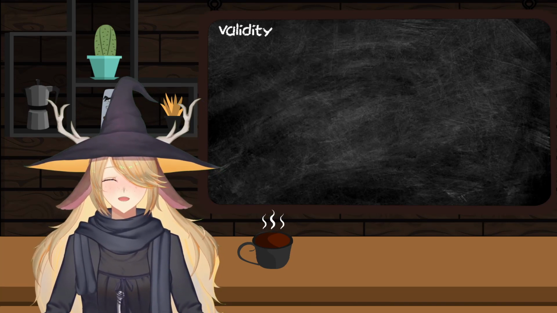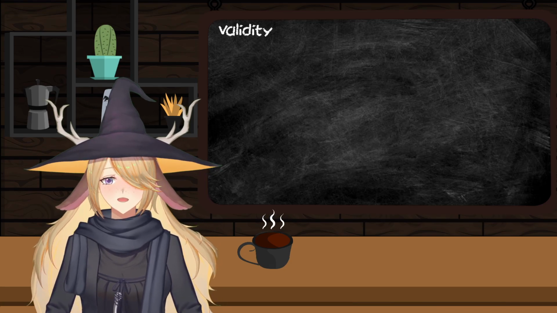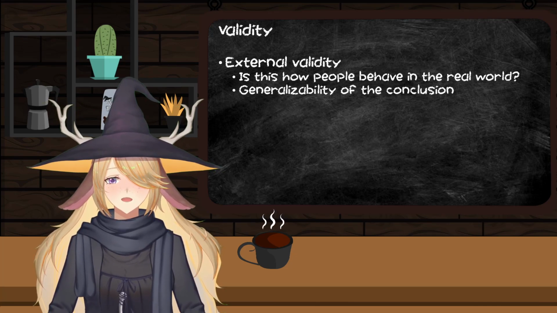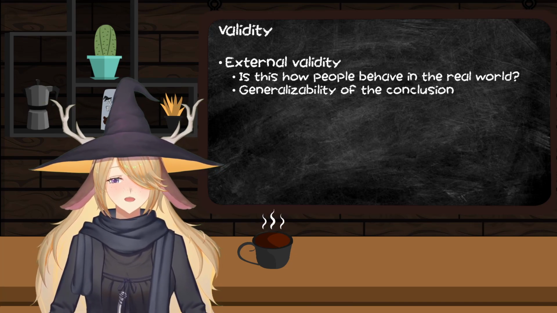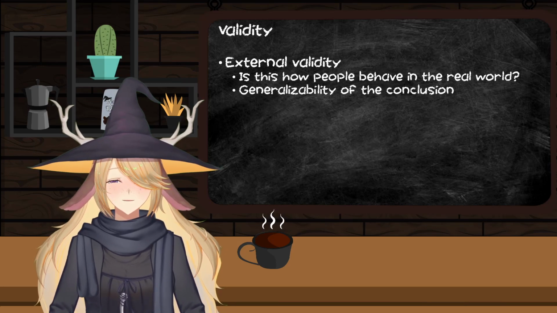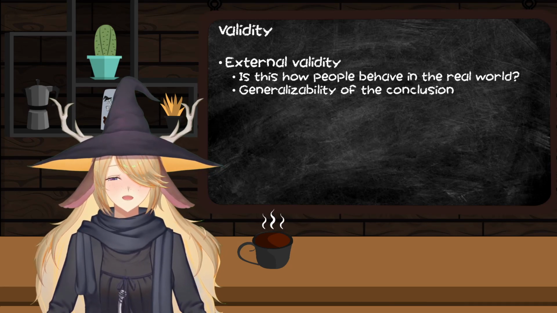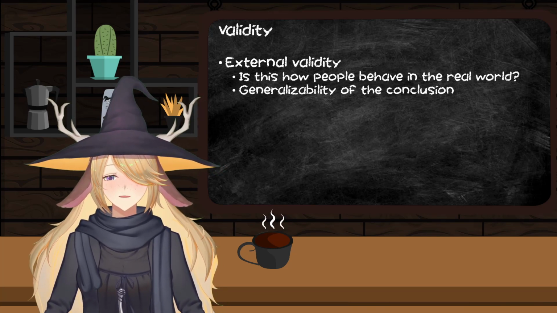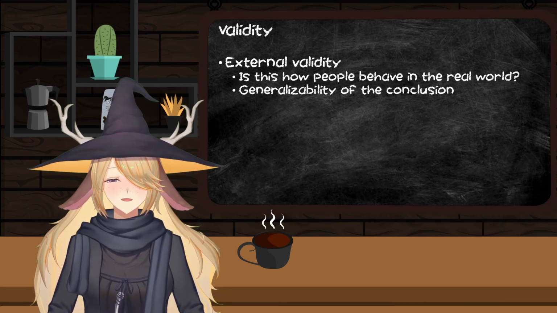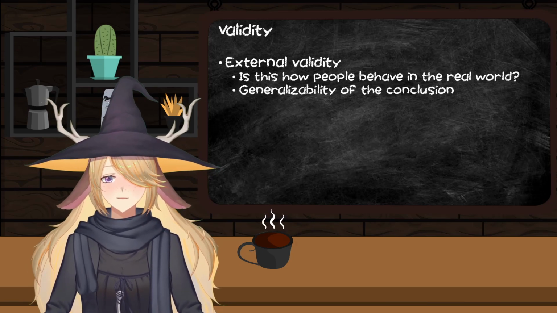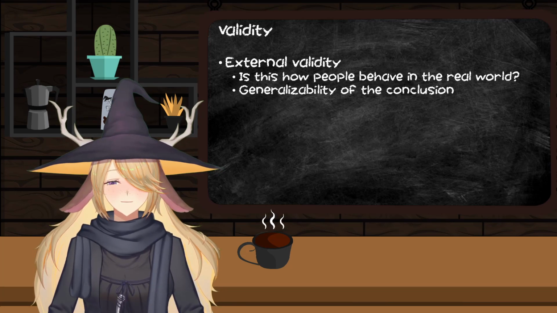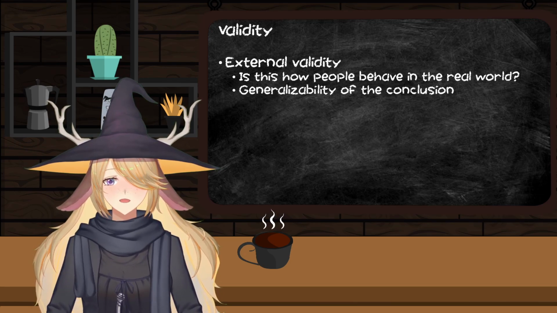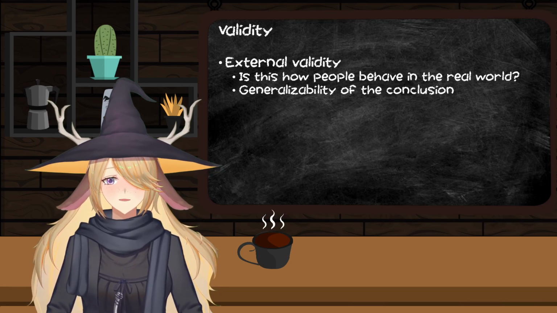So before we talk about research design, I want to talk about validity and reliability. There are 2 kinds of validity we look at, and the first is external validity, which is, does this thing that I am observing generalize to how people behave in the real world? So if I do something in a lab in a highly fictionalized scenario, even if I ultimately get the behavior that I was looking for, it doesn't really matter if people don't behave like that out in the real world. So for example, I might,